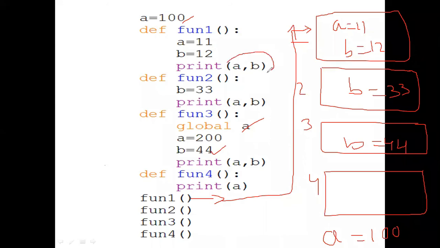If I print a comma b, is the a value 11 or 100? Everyone please give the response in the chat box. For function 1, if I print a comma b, what is the expected output? Does it print 11 12 or 100 12?